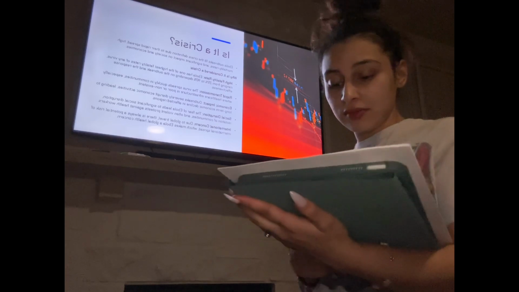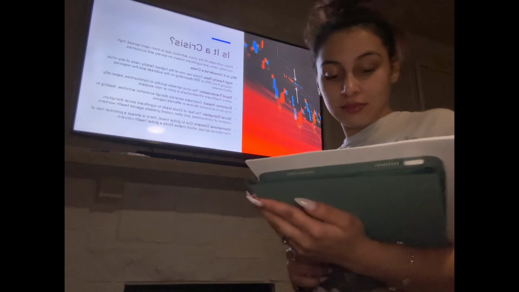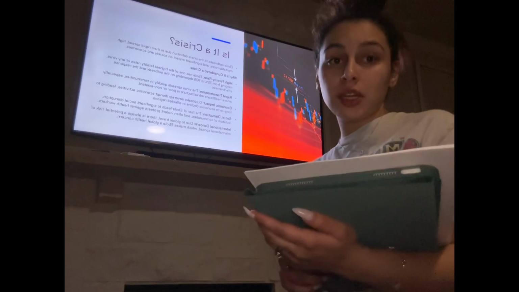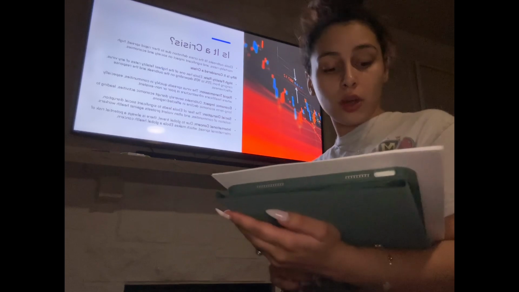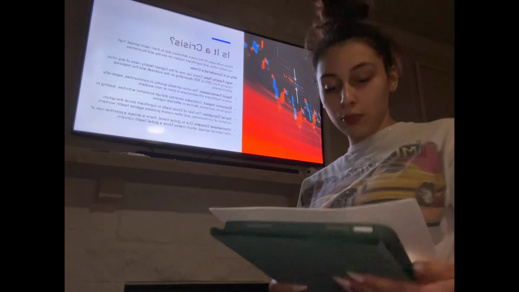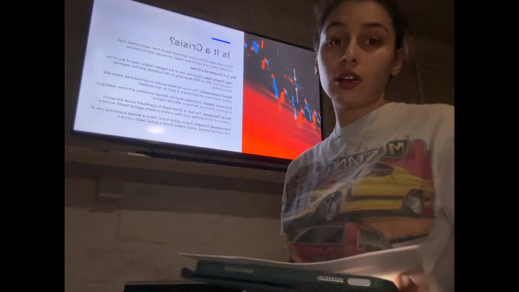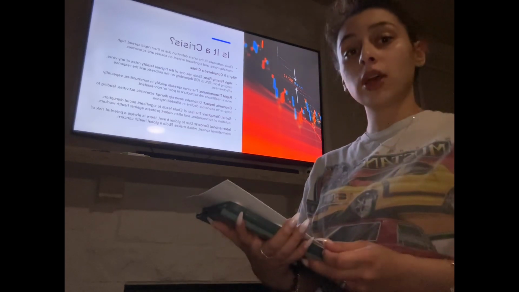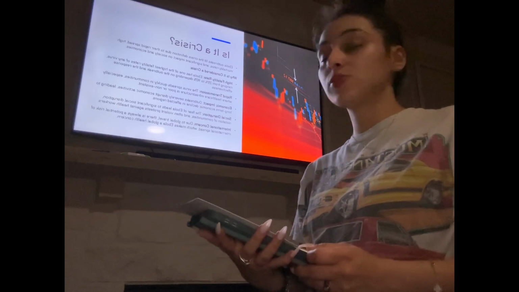Is it a crisis? Ebola is undoubtedly a crisis because of its high fatality rate, ranging from 25% to 90%, depending on the outbreak and response. Its rapid transmission affects communities with poor healthcare access. Its economic and social impact: outbreaks disrupt economies, restrict travel, and cause social unrest. Its global significance: due to international travel and trade, there is always a risk of cross-border spread.